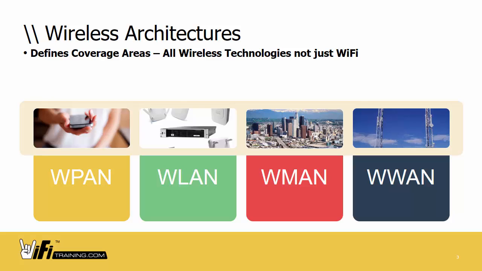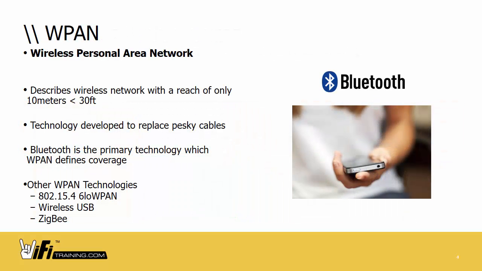Now, wireless MAN, we've got a bigger geographical area to cover, so we might be using other technologies for that wireless MAN. We're going to talk more about that in a second. And wireless WAN is the same thing. It's an even bigger geography to cover, so we're going to be using technologies other than Wi-Fi and 802.11 to cover those areas. So let's look at what each one of these architectures would require as far as wireless technologies. First of all, WPAN. WPAN is this personal area network. Bluetooth is pretty much the de facto protocol that came out for this WPAN.